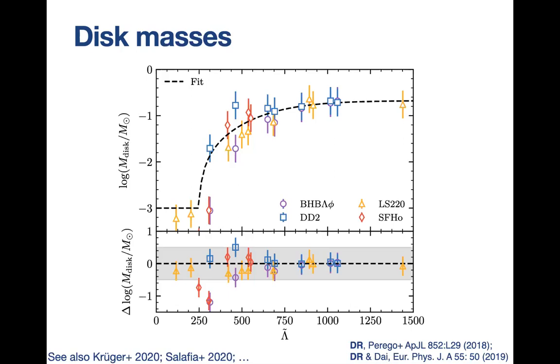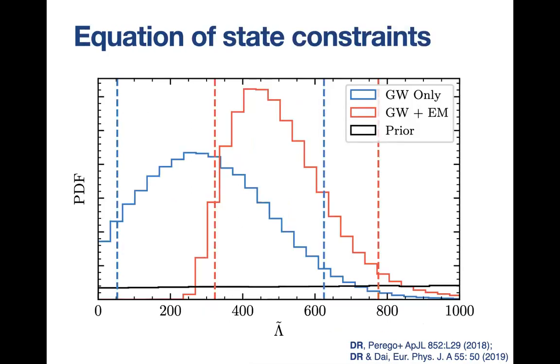So we have used this to start to propose a way to constrain the equation of state, combining electromagnetic and gravitational wave observations. This is what we have done in this paper with Liang Dai. He is part of the group at the Institute for Advanced Study, which is a group that has developed their own independent tools to do gravitational wave data analysis.